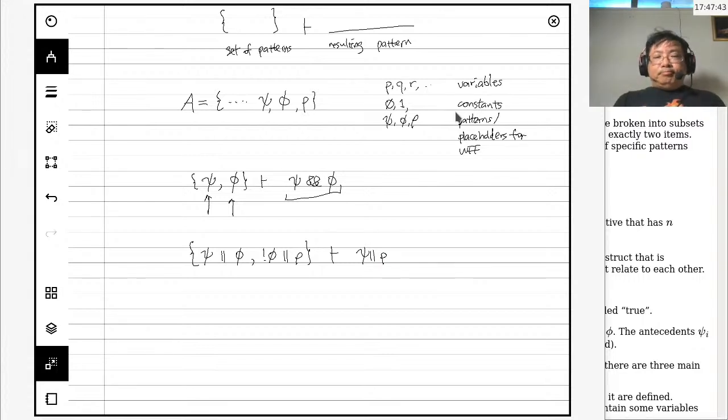Okay, so this time it is not so trivial anymore, because we are looking for a specific pattern. The specific pattern that we are looking for is a disjunction. One component of the disjunction is phi. We are looking for another disjunction where one of the components is the negation of the same phi. So this phi and this phi have to be the same, although the psi here and the rho